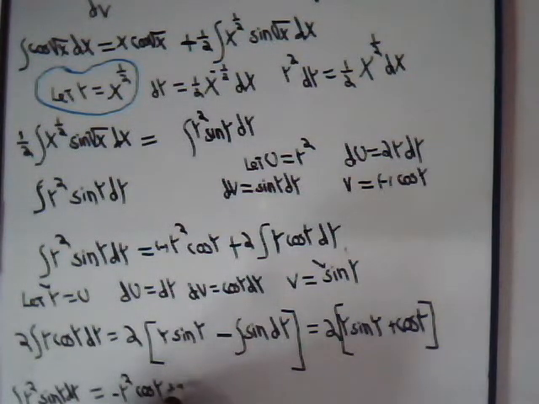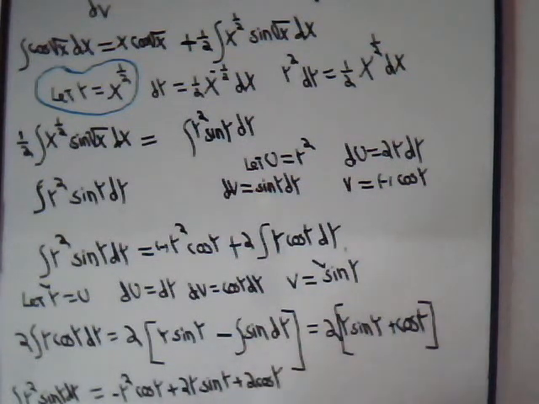So we'll have plus 2y times the sine of y plus 2 times the cosine of y. Okay,